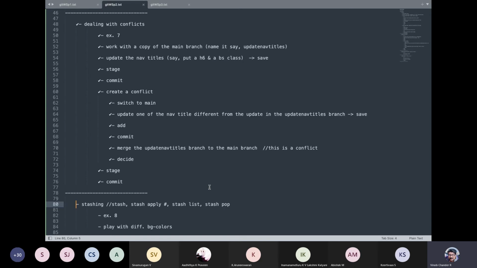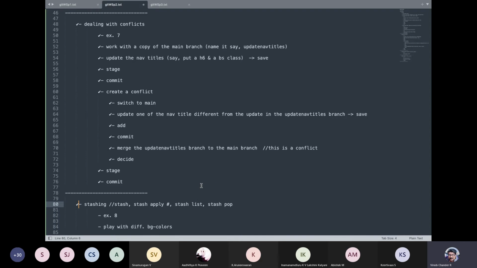So you keep your particular changes in a temporary area. You probably may want to have it, and then if that particular change in future is approved, since you have a stash, you can then add it. Okay, so that is the idea. So let us see this particular thing in action.